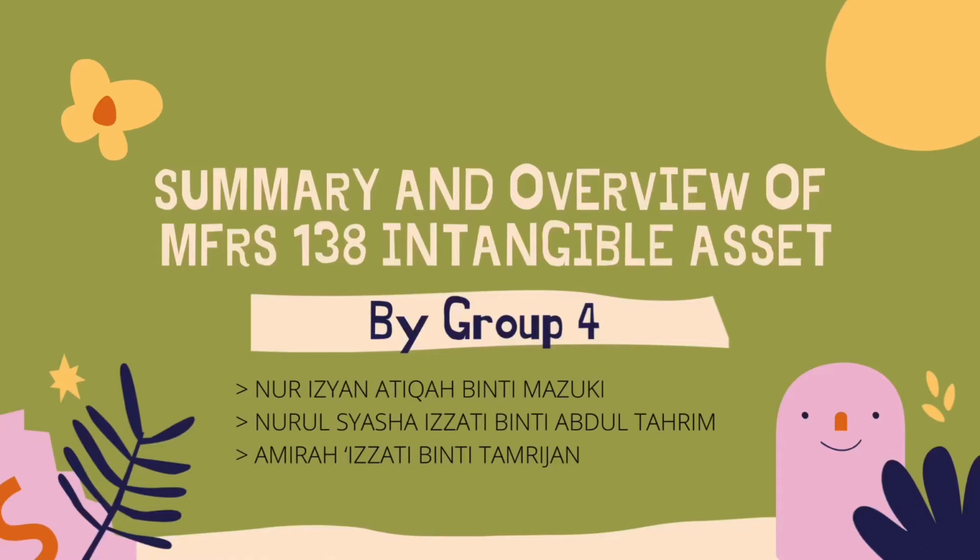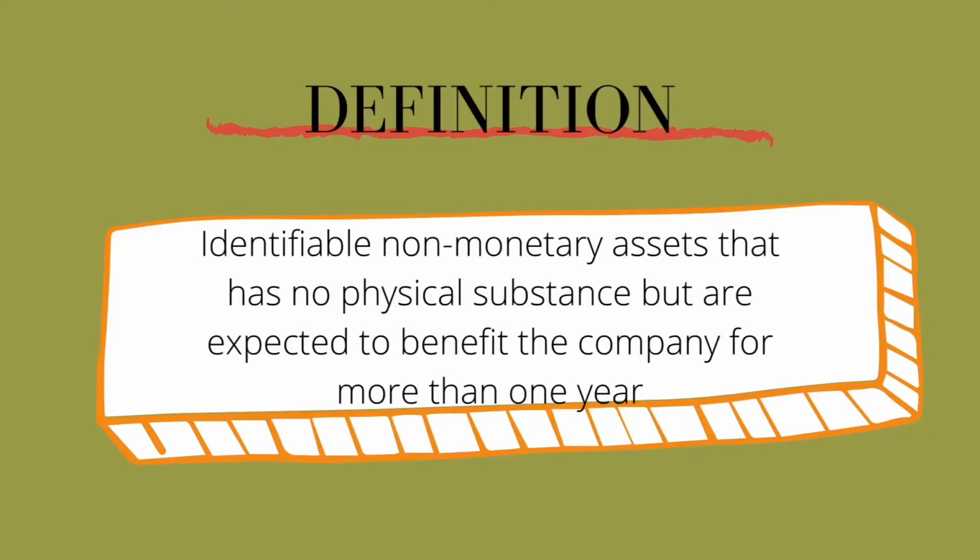We are from Group 4 and for today we would like to present to you a summary and overview of MFRS 138 Intangible Asset. Intangible asset can be defined as an identifiable non-monetary asset that has no physical substance but is expected to benefit the company for more than 1 year. For example, computer software. Computer software is a collection of computer programs, procedures and documentation that perform some tasks on